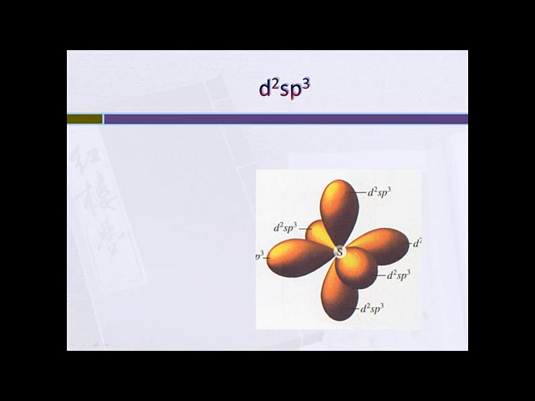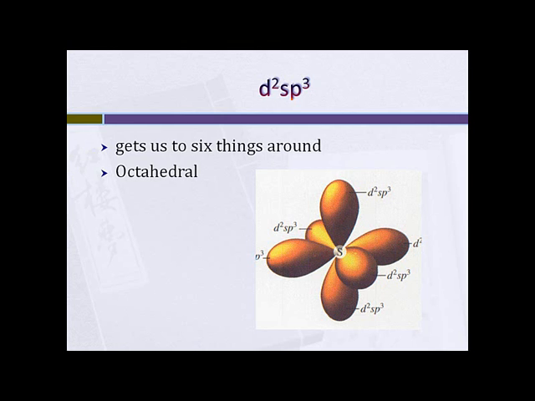Finally, d2sp3, the octahedral structure or the square bipyramidal structure, depending on what you want to call it. 2 d's, 1 s, 3 p's, put them together, you get 6 hybrid orbitals, and this is how we can put together something like SF6. It gets us up to 6 things, or a square planar molecule. It is said to be octahedral. Again, we can only have sigma bonds here with the octahedral structure, and like the